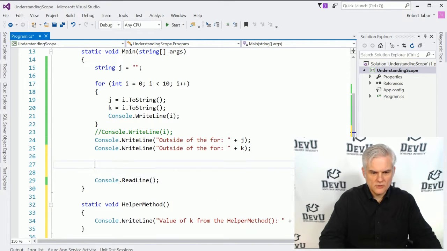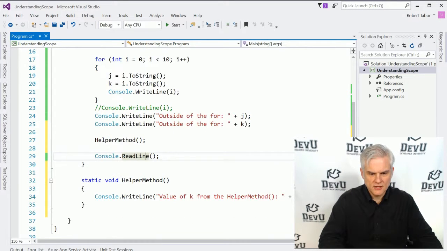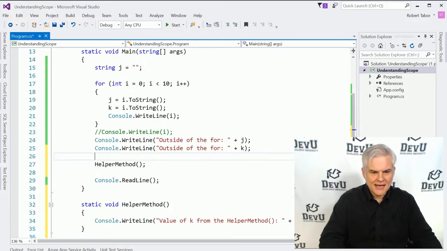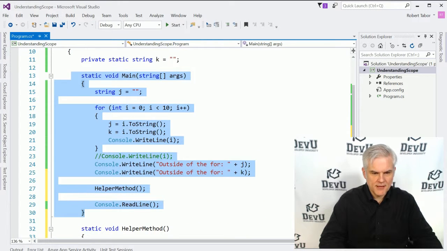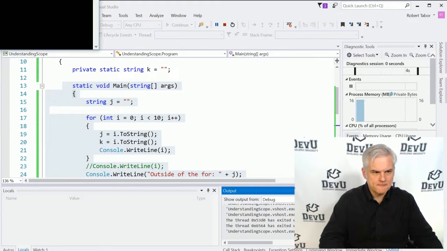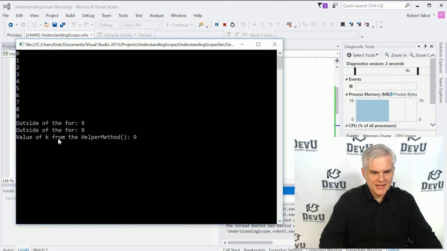Now here we'll call the helper method like so. Will this work? Well, we'll be able to access the value of k as it was set inside of our for loop outside of our static void main. Let's run the application, and you can see that we can in fact get the value of k from the